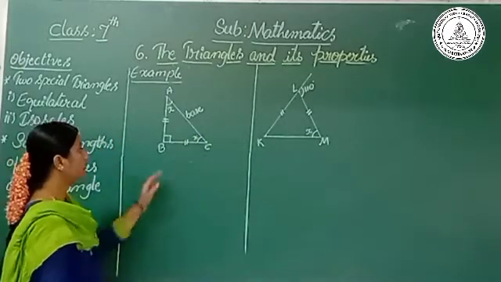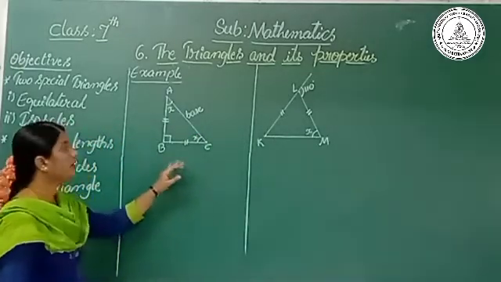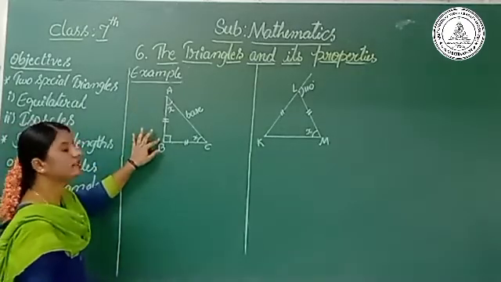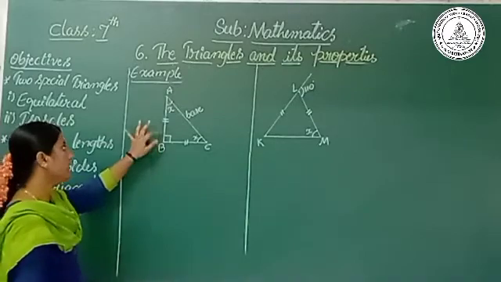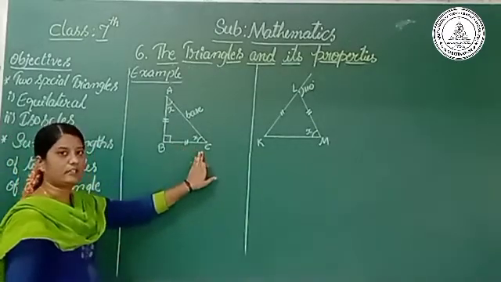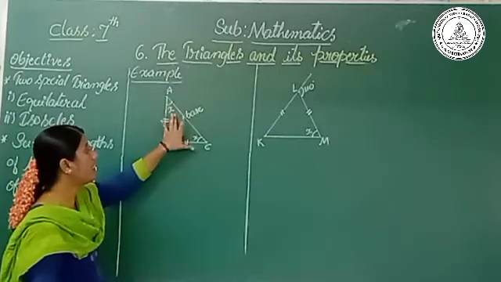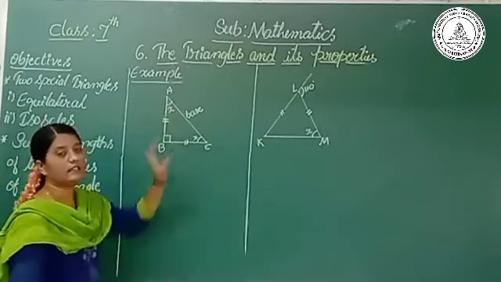So we will use the angle sum property. We can also find out the value of x. Here one of the angles measures 90 degrees, that is angle B, and the other two angles are equal because it is an isosceles triangle and the base angles opposite the equal sides of the triangle are equal.